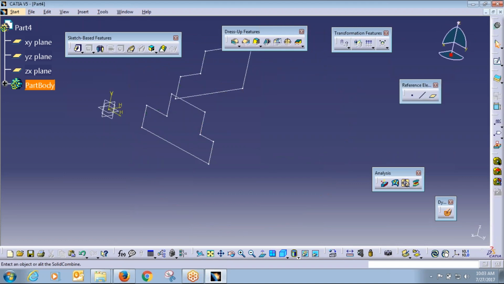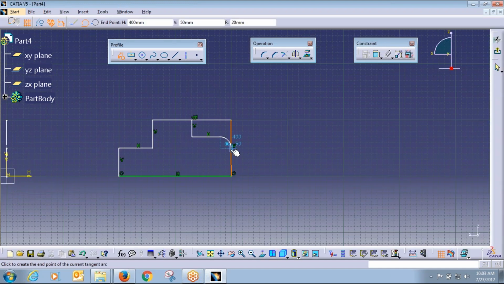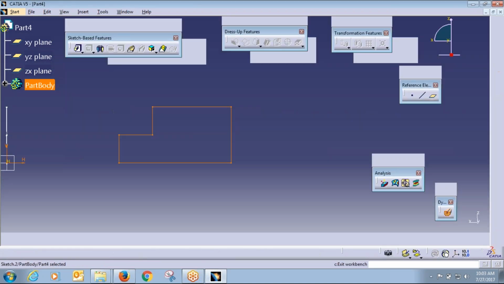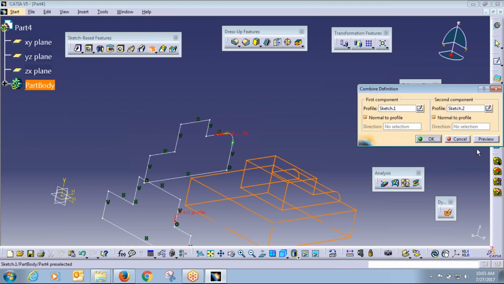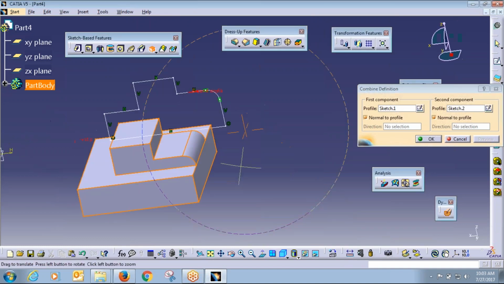Suppose I modify this a little bit. Exit. So we have modified it. Solid combine this to this. See here. Otherwise, you would require some more number of features to do it, but in one step only we have created